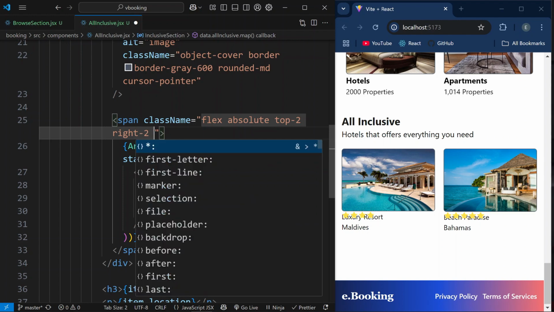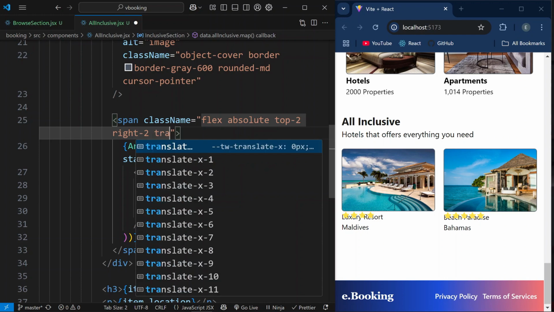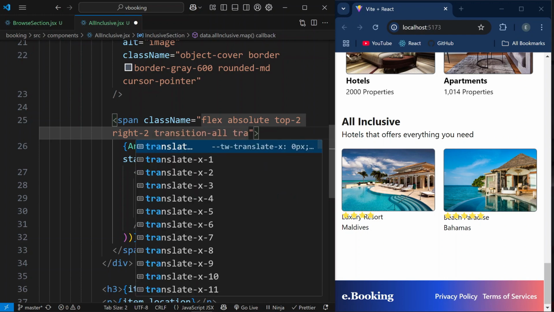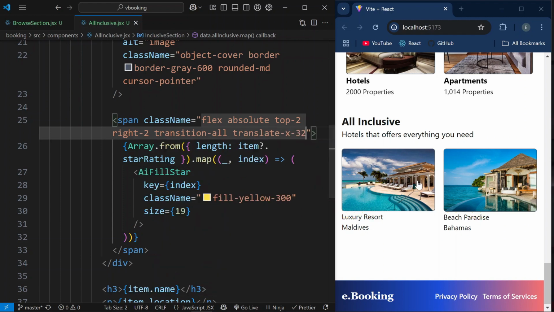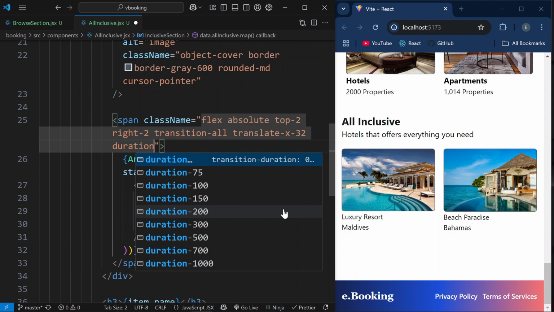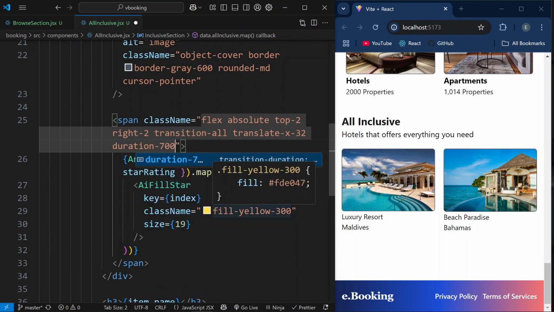Now we will add a little transition effect. First we will say transition all and we will translate our stars on x-axis by 32. So it will be somewhere in here and this card star will be somewhere in here. So after this we will say duration of 700, so how much time our transition will take,